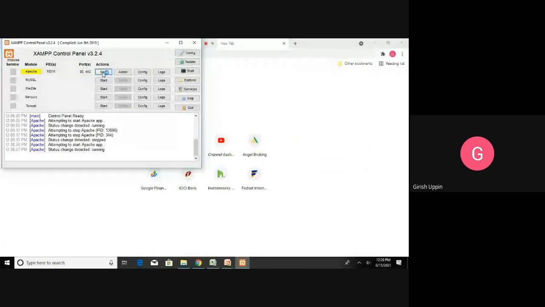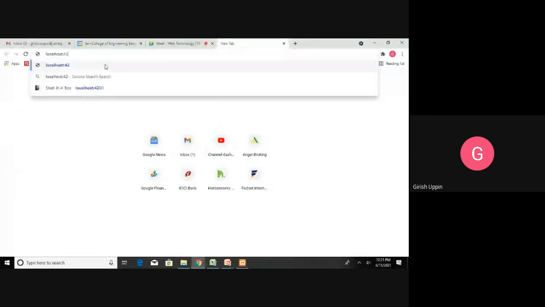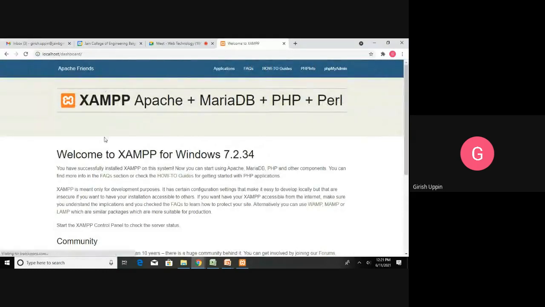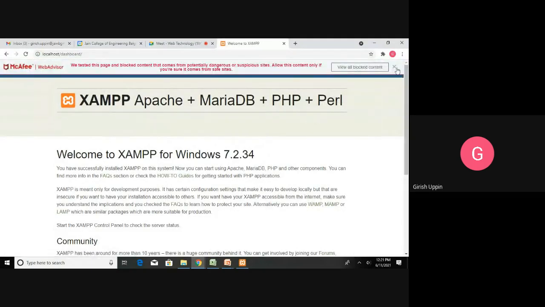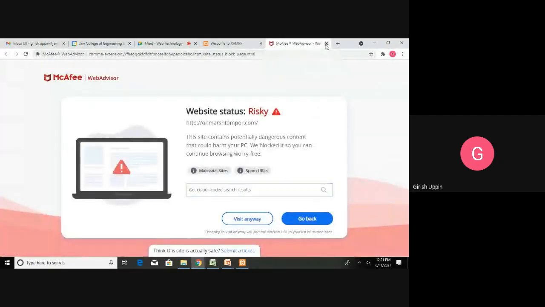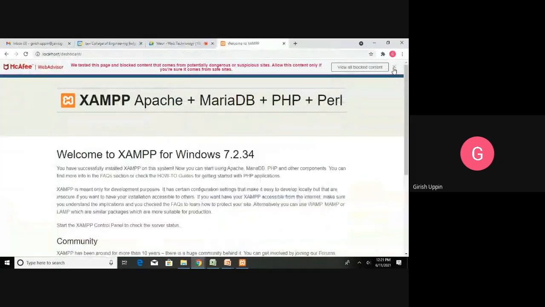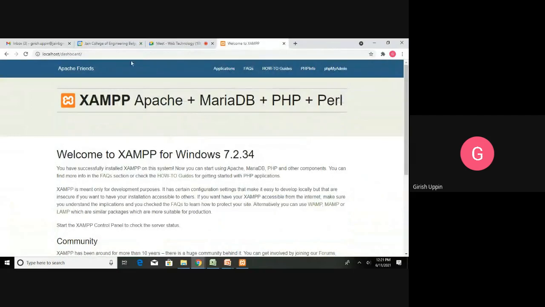I'm starting the Apache server. You can see here XAMPP. If you see this particular page, that means your installation is successful.